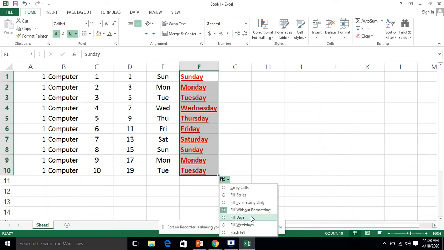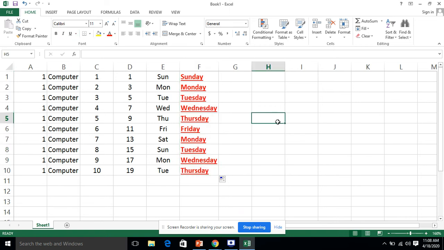Fill days. Fill days means all the days: after Sunday there is Monday, then Tuesday, Wednesday, Thursday, Friday. But what will happen in the weekdays? It will not include Saturday and Sunday, because normally, internationally, Saturday and Sunday are holidays. So weekdays means Saturday and Sunday are not there. Only those days are there which are basically the weekdays.